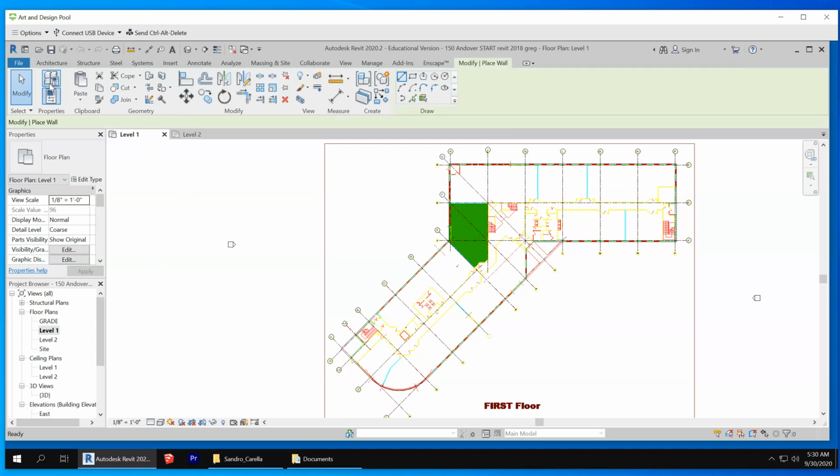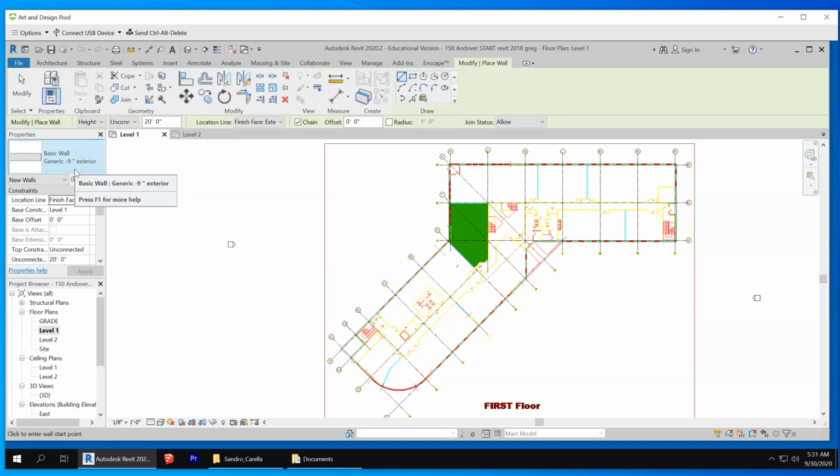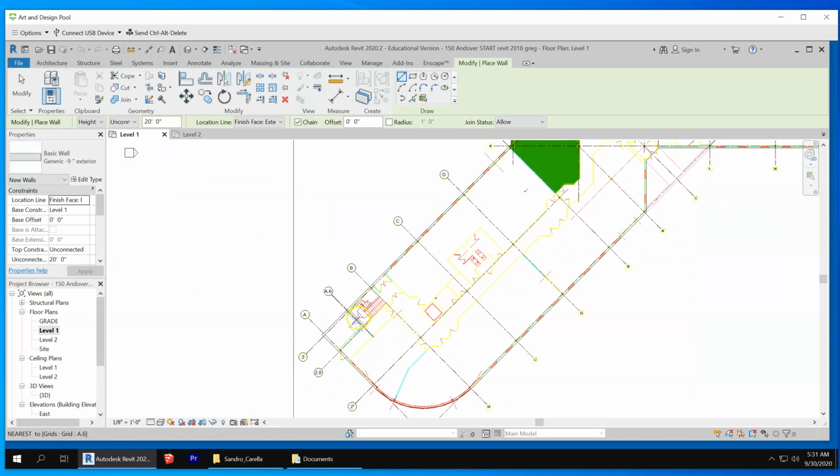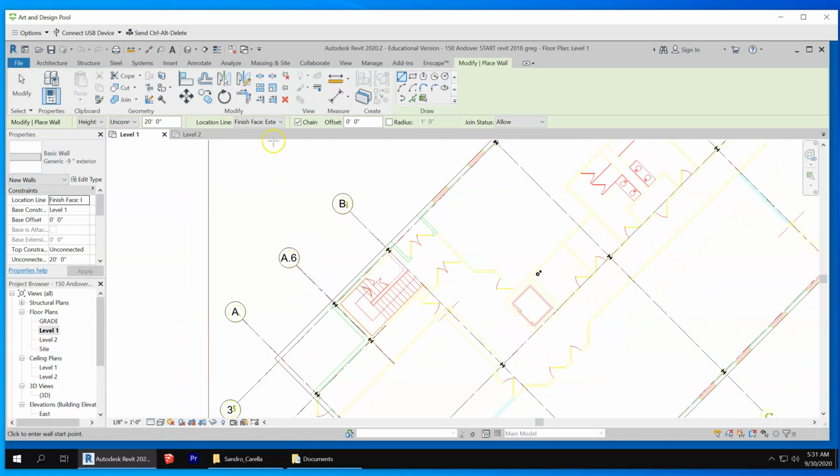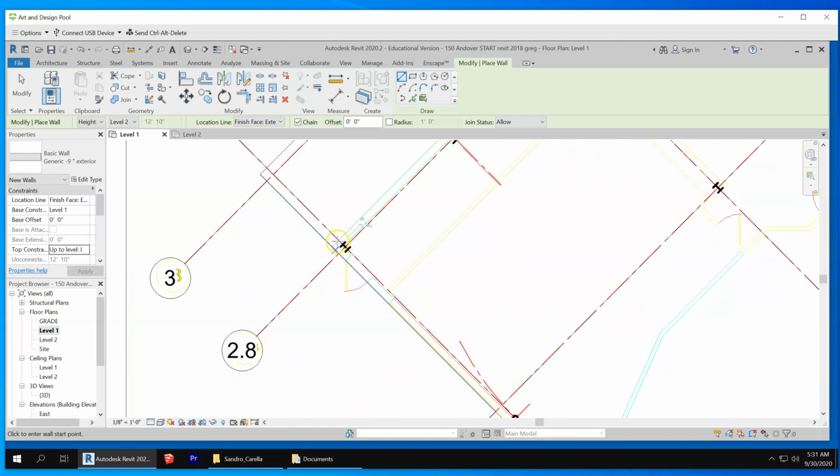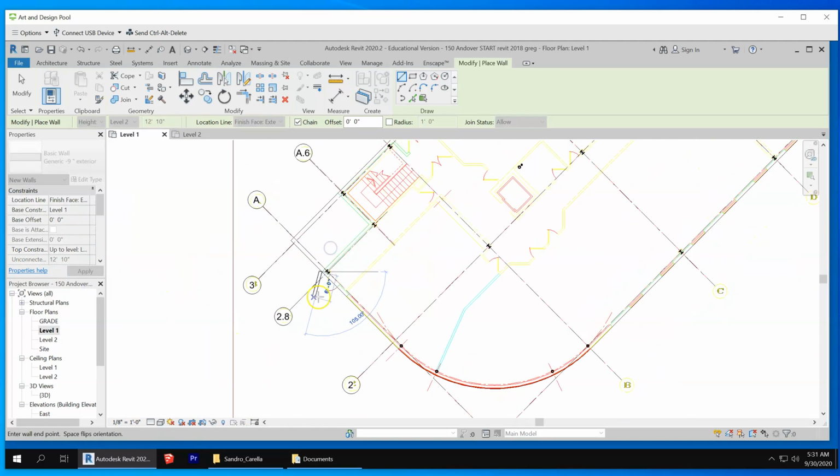Wall. Good. We did the 9-inch exterior wall. We're going to start drawing. Location line, finished face exterior, very good. Level 1, 2, you need the top constraint's got to be level 2. So let's draw. I'm going to complete